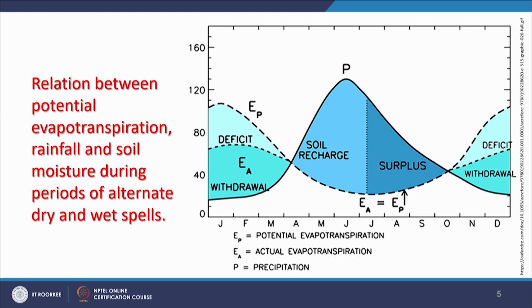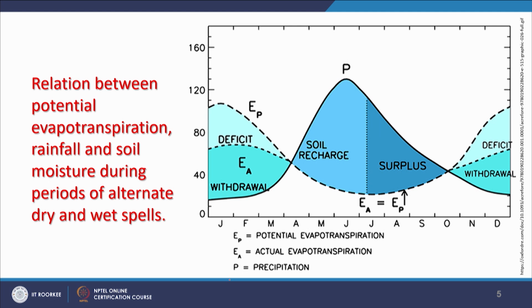Similarly, we can also see in a little more detail the relation between potential evapotranspiration, rainfall and soil moisture during periods of alternate dry and wet spells. If this scenario happens, dry and wet spells, then there might be more evapotranspiration. Starting from here, on the x axis we have the months, and on the y axis we have the values of the